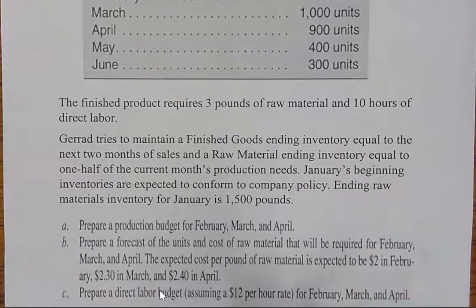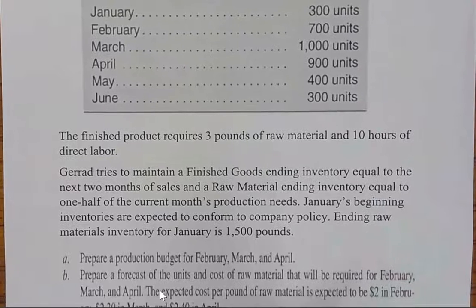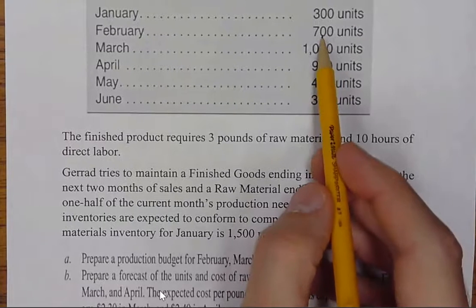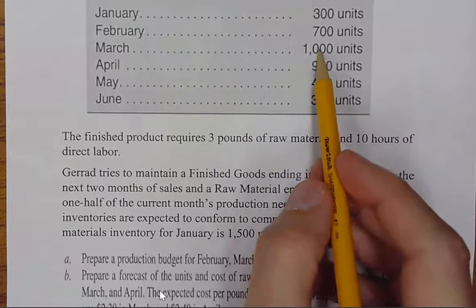Well, that's pretty easy because we can just go right back up here and grab our numbers. It tells us that the sales budget is going to be 700 units for February, 1,000 for March,